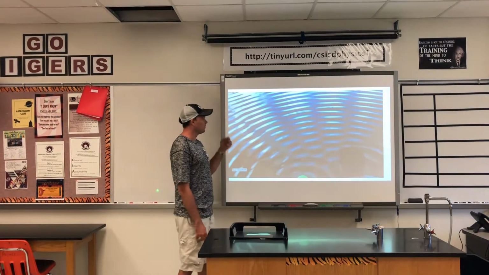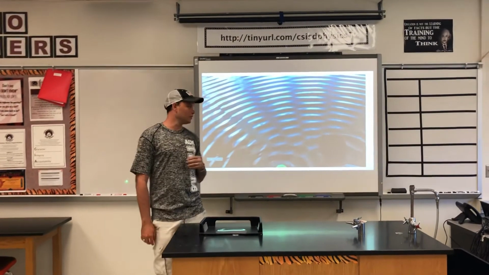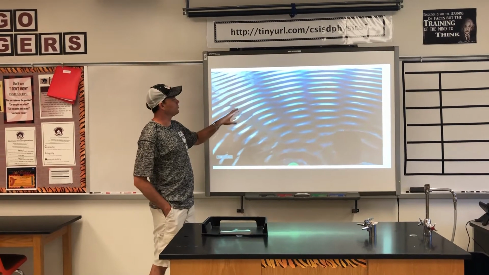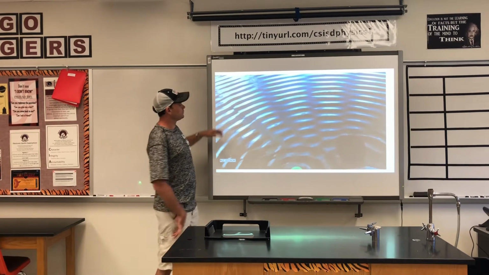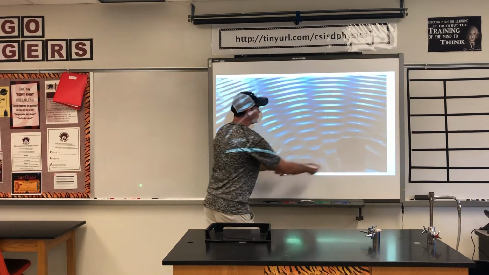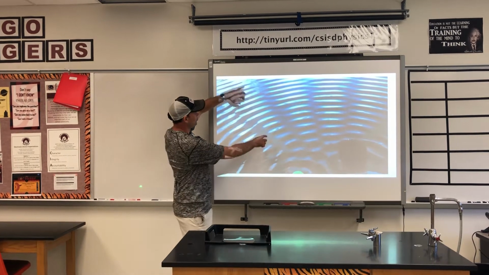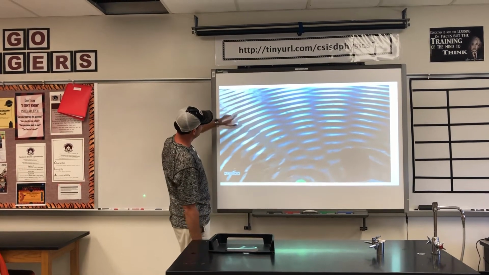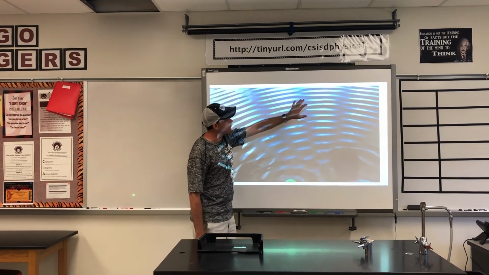So this is a clip from the video I really wanted you to watch from the PowerPoint from this week. If you haven't watched it, go do it. It's the one from Veritasium. But this is the point where he's making waves on the water. And so he's got two sources of waves, two sources of ripples, and it is showing this interference pattern. If you look closely, you can see it. The waves are coming together. They're destructively interfering here and constructively interfering here.